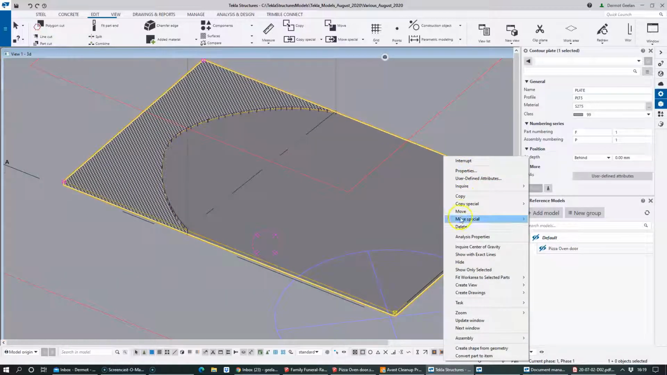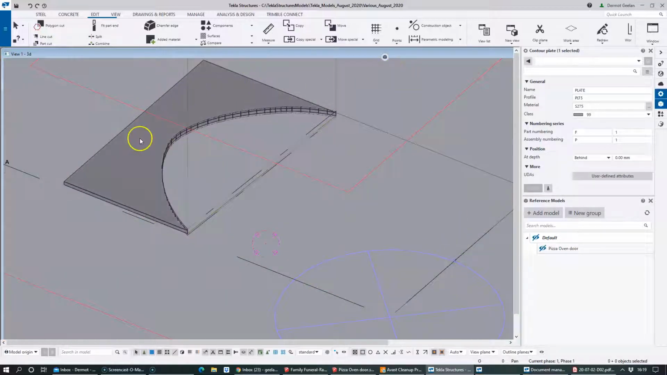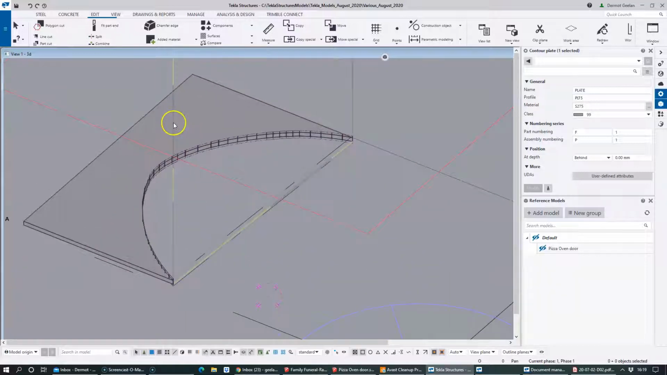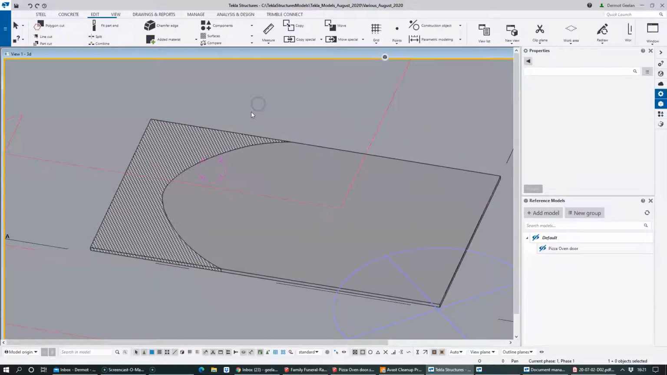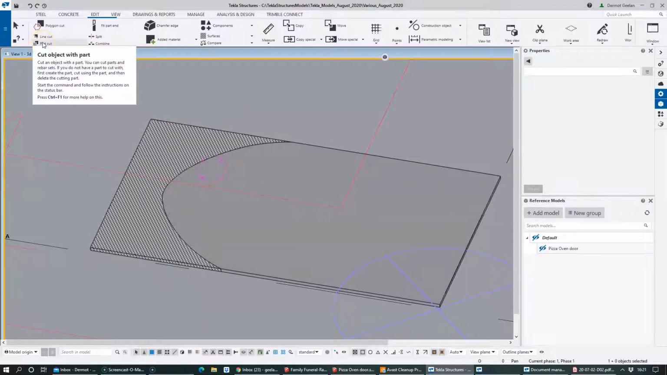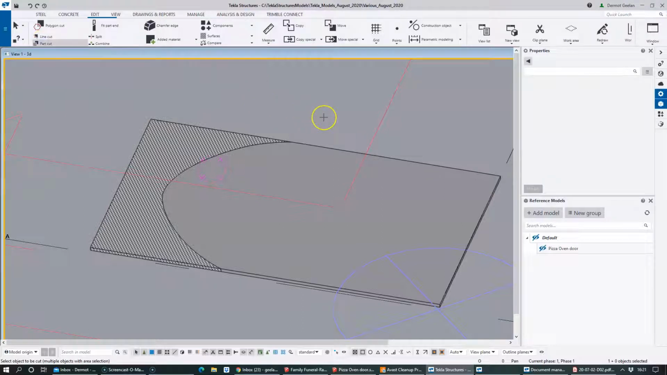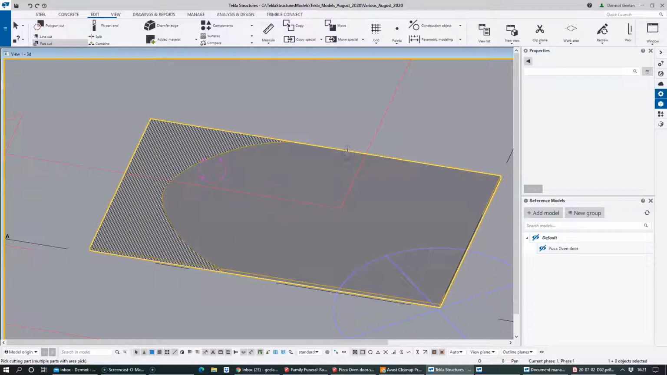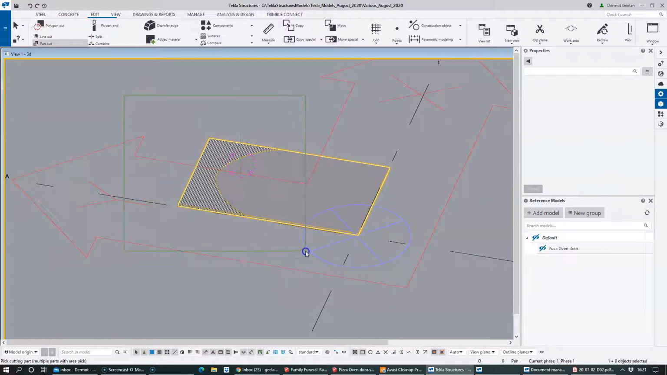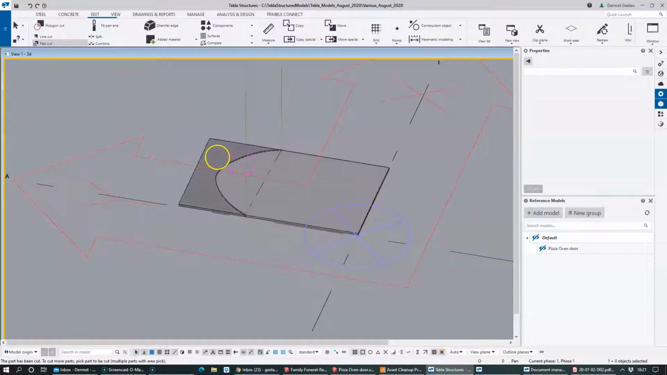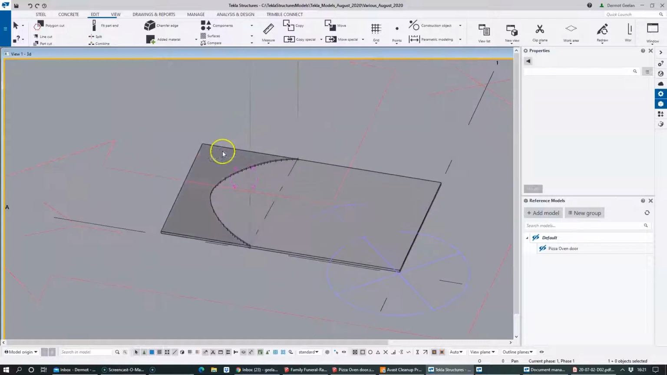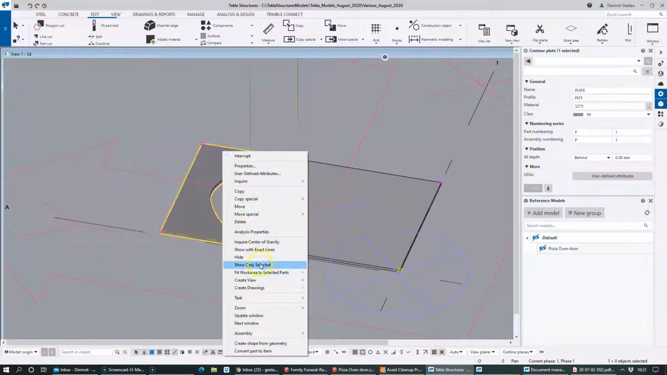I'll just hide this one. So I created this part just in order to be able to cut the other one. So what we're going to do, we're going to use part cut, and it's asking me select the object to be cut, which is this one, and then it says pick the cutting part. Now obviously I can't just pick this because I'll be picking this one again, so I'm just going to window that part there, interrupt. So if I hide this one, we should be left with